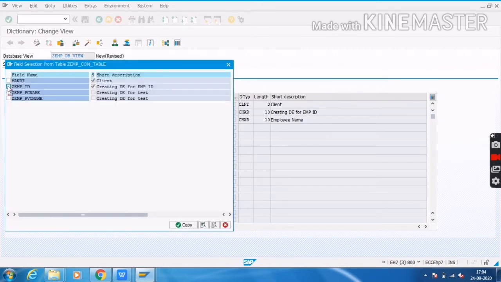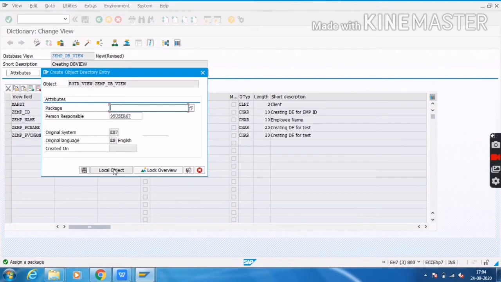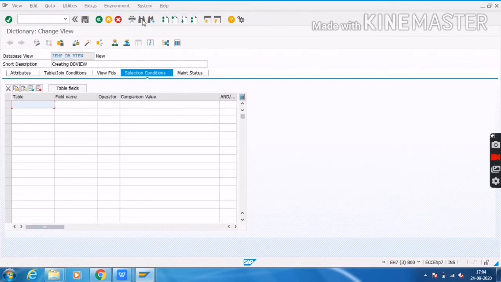Here I am showing only the company fields, previous company and present company. Click on save. I am saving inside the local object only. Then here we can mention extra selection conditions.